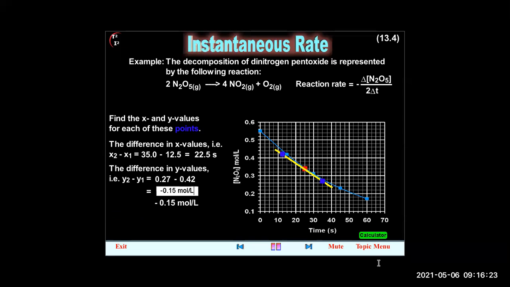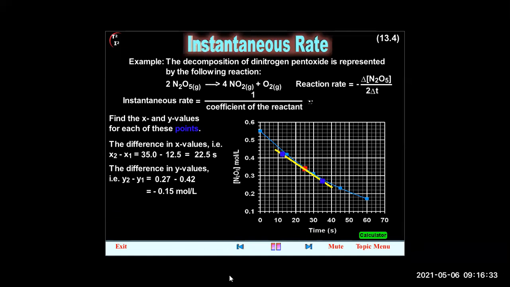Negative 0.15 moles per liter. Instantaneous rate equals 1 divided by the coefficient of the reactant times negative slope of the tangent. Slope of the tangent equals